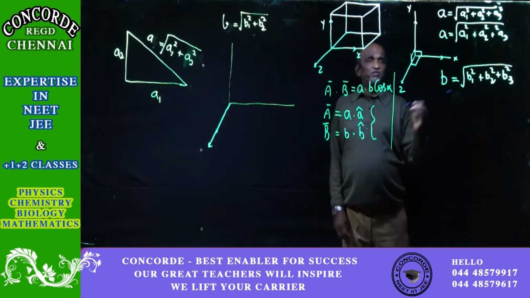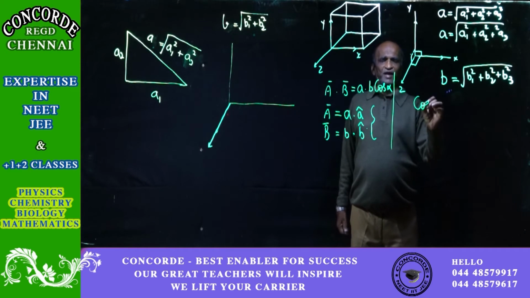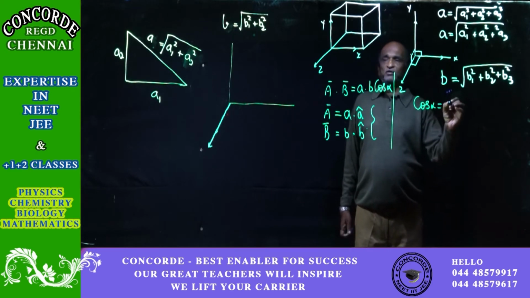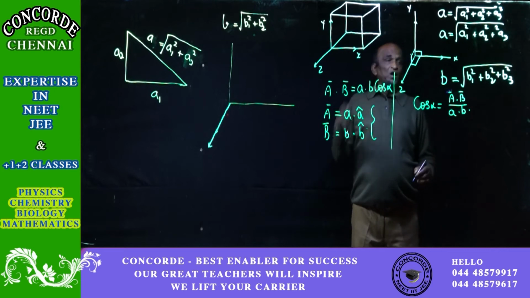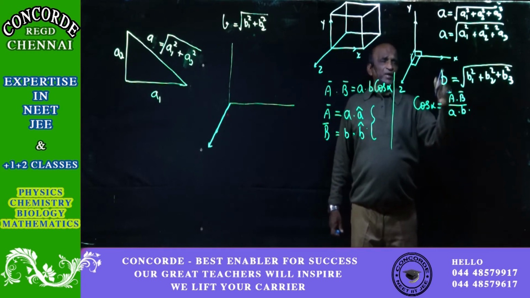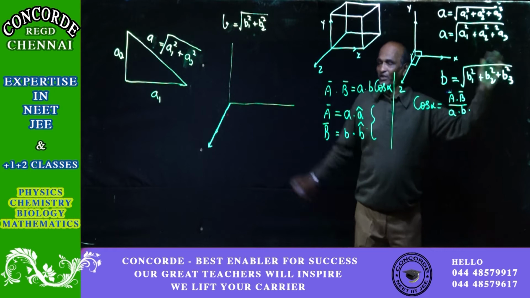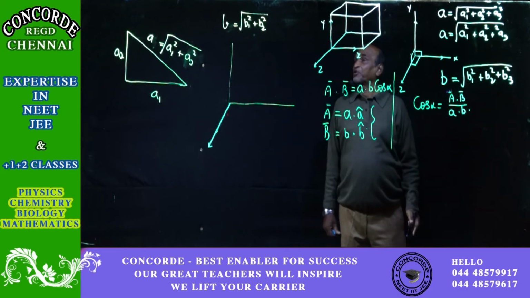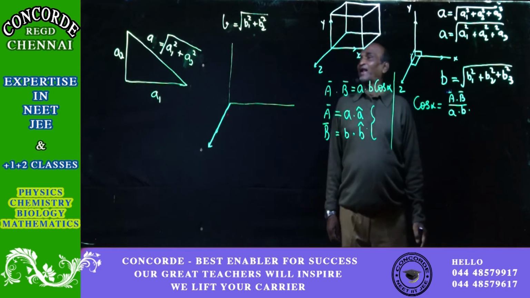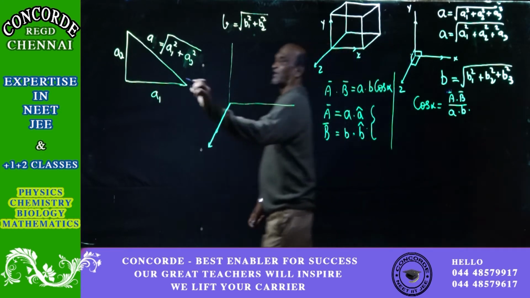So, from that, what we have also studied was that cos alpha is equal to A bar dot B bar divided by A dot B. We know the value of A and B, put it here, multiply them, that's all. So, one more calculation, and with that you can easily find out, using vectors, what is that angle alpha which we have studied earlier.